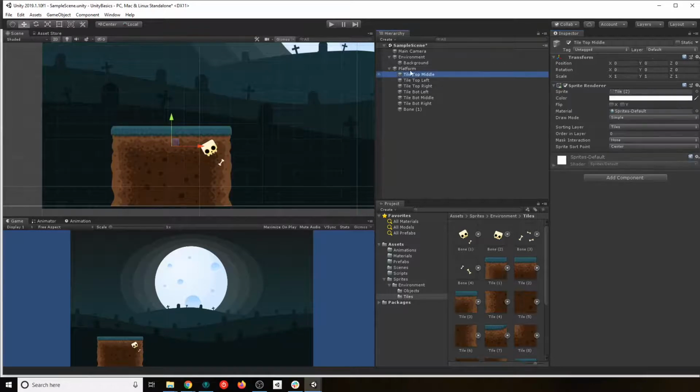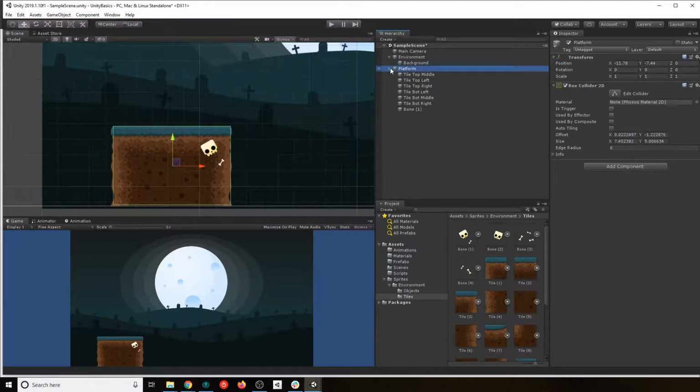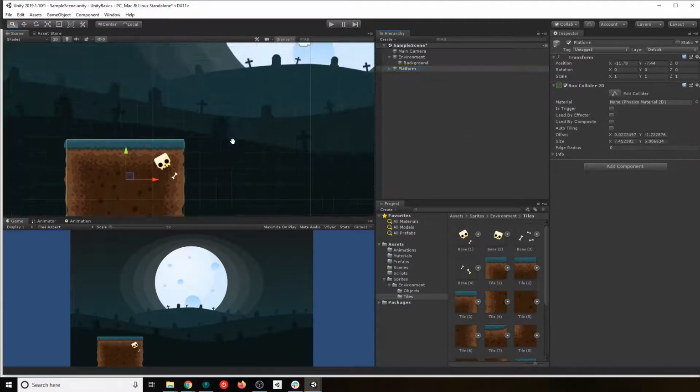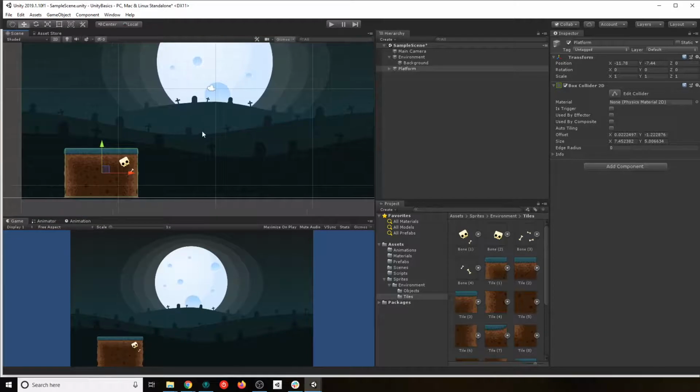Okay, now that we have that in our platform, that platform is actually ready to be used. So this platform is perfect. When we have something like that in Unity, that we know is probably going to be used in multiple areas, right?